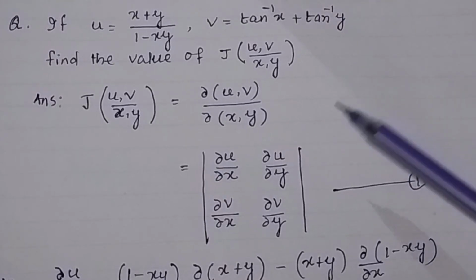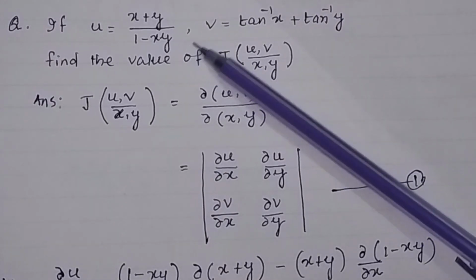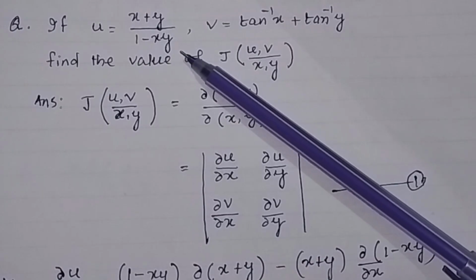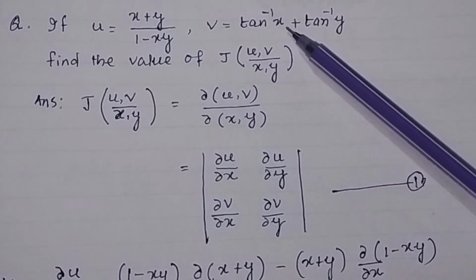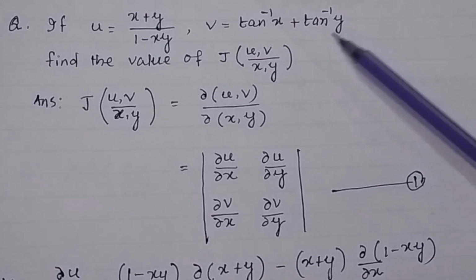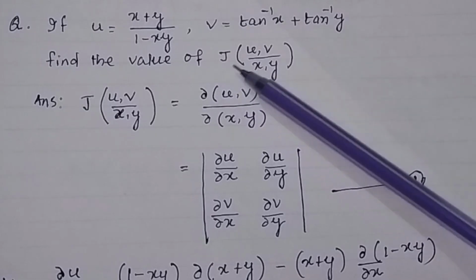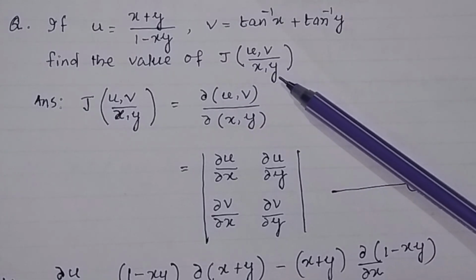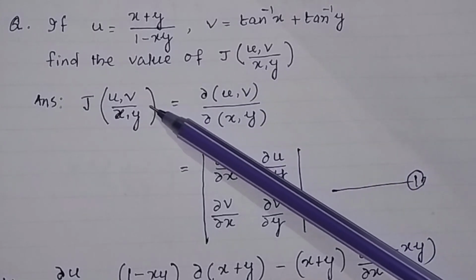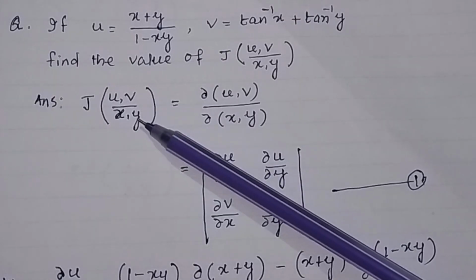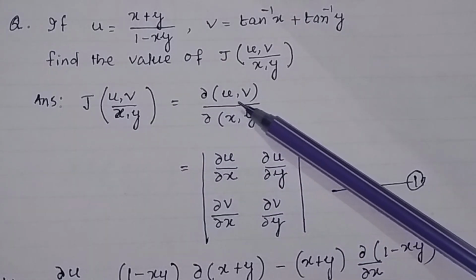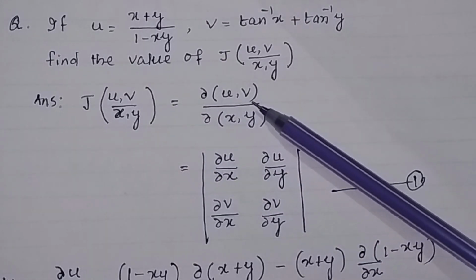So in the question it is given that u equal to (x plus y) divided by (1 minus xy) and v equal to tan inverse x plus tan inverse y. We have to find out the Jacobian of u, v with respect to x, y. We know the Jacobian of u, v with respect to x, y, that is equal to the partial derivative of u, v with respect to